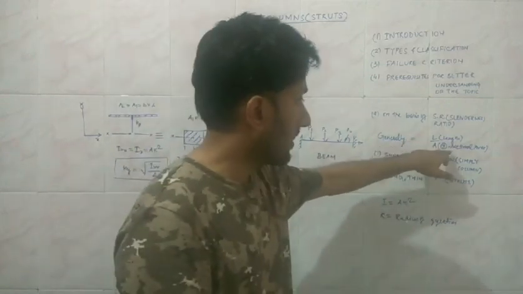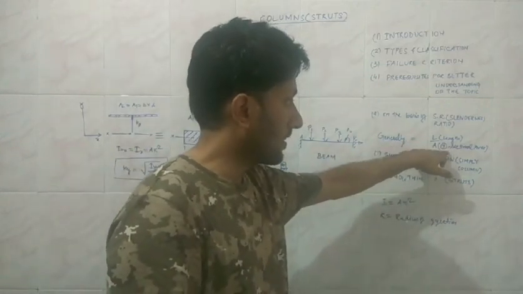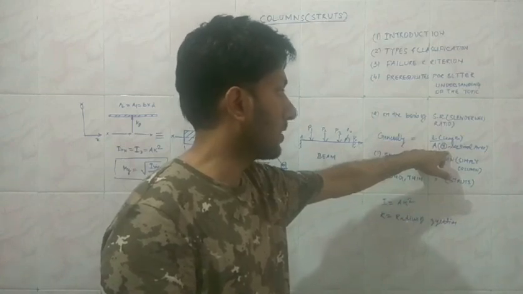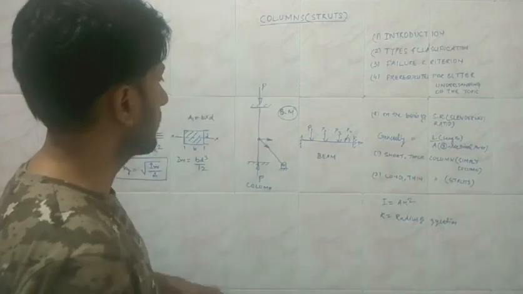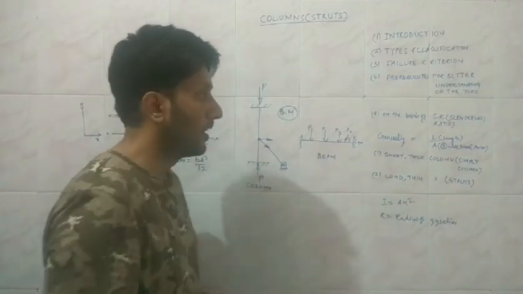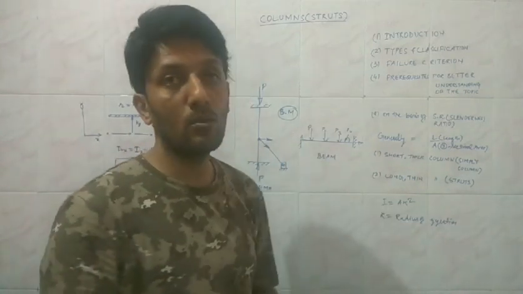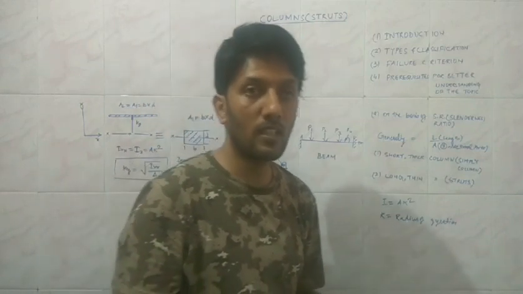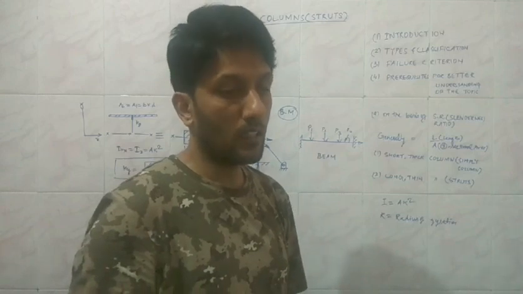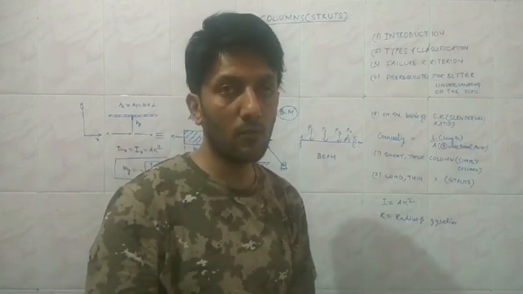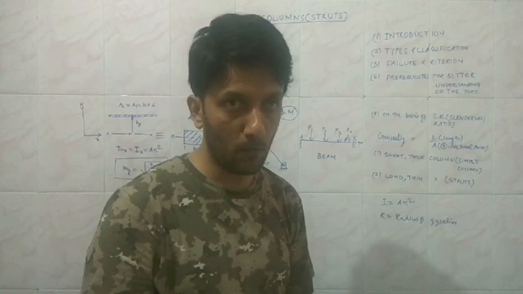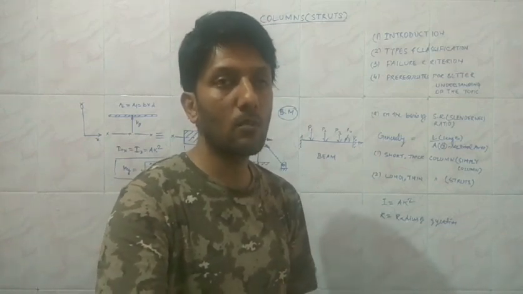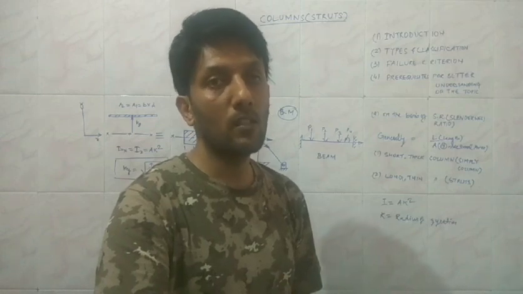So the resisting area is the size of the area which provides the resistance for the direct loading, and an indirect effect of this load is the bending moment, as I have already told. The resistance to the bending is provided by the moment of inertia, and the moment of inertia characterizes how readily the area is distributed away from the axis of rotation. If the area is distributed more away from the axis of rotation, then the resistance to the bending is going to be comparatively more.